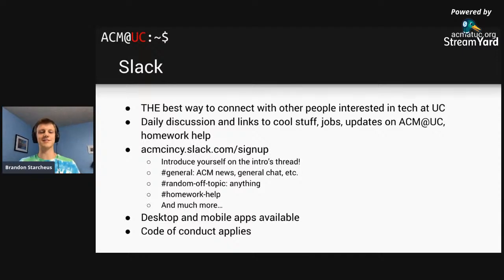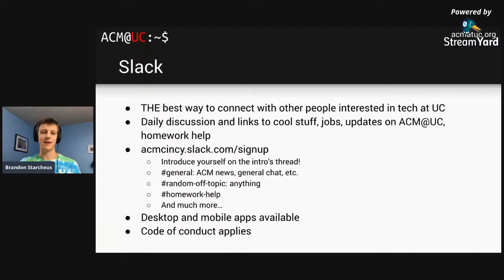All right, so Slack, as I might have mentioned, sending a link over in Slack. Slack is the organization's main method of communication. That's where we have daily discussion. We link to cool stuff happening in tech, jobs, updates, homework help. So there's all kinds of different channels for different types of communication that we have. So join our Slack at that link,